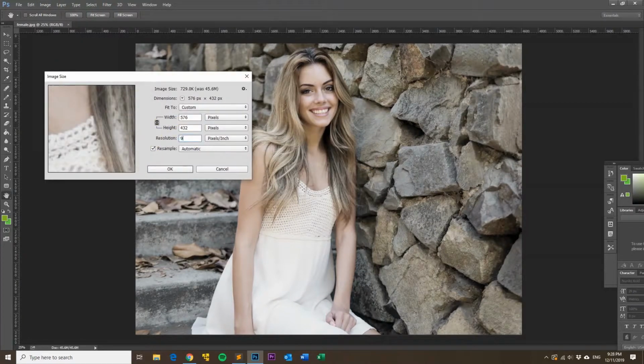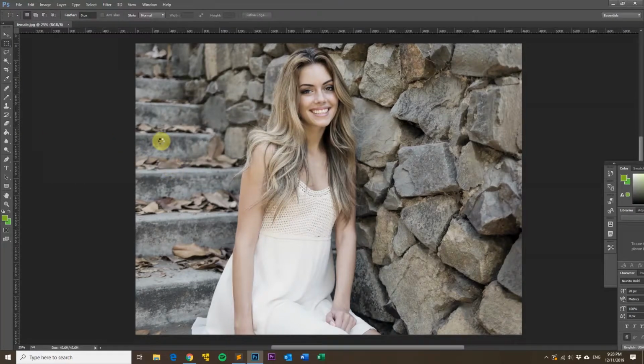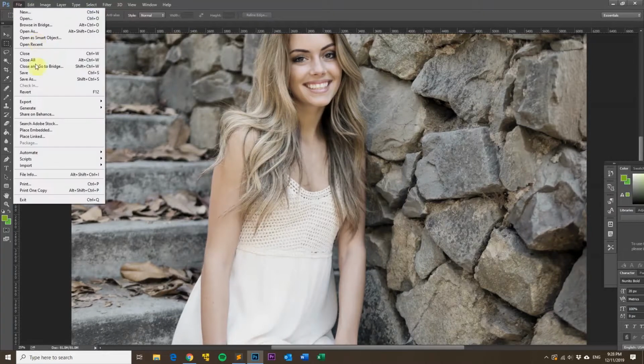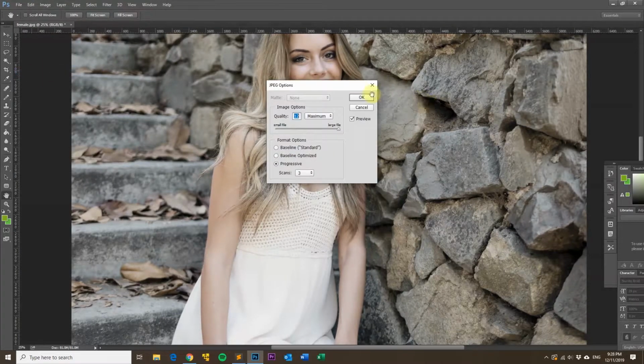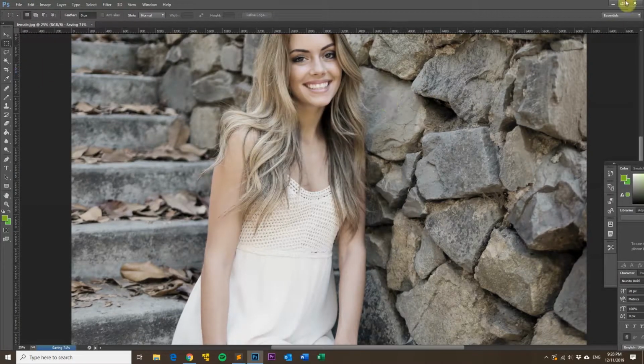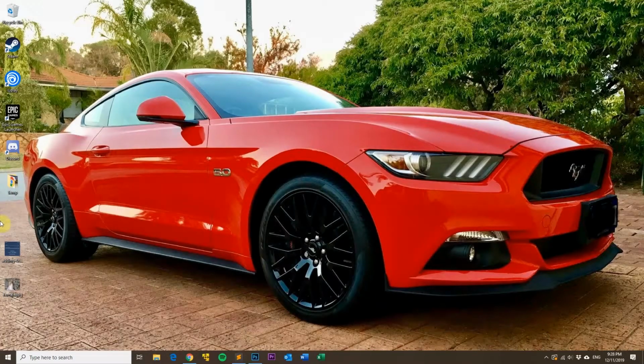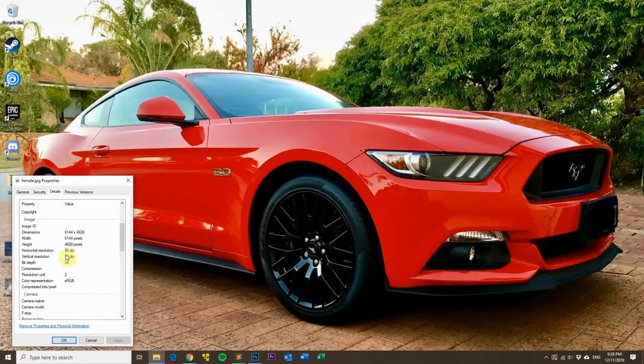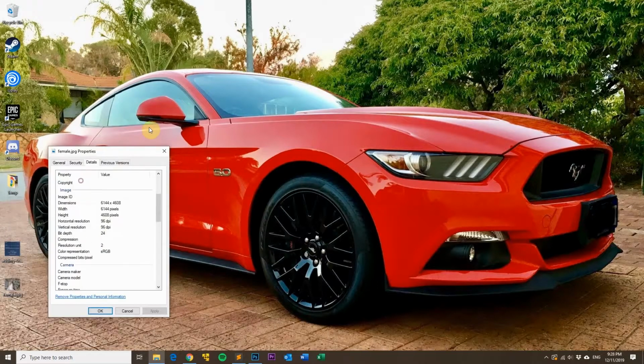Change it to 96 pixels per inch, which will make the image a little bit bigger, and of course remember to leave that resample automatic ticked as well. And you go File, Save, and just click OK on that. And then I'll just show you in the way we checked DPI earlier in Windows that it's now changed. So if you go right click on the JPG file, Properties, scroll down, and now you can see it's 96